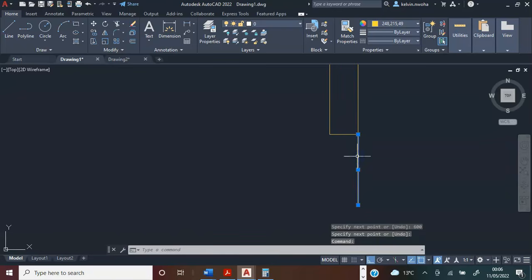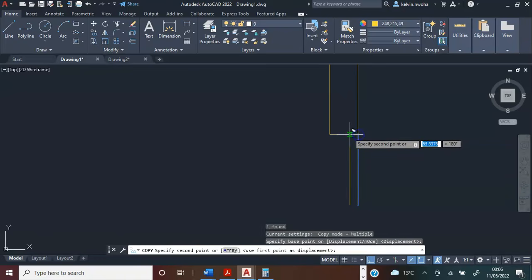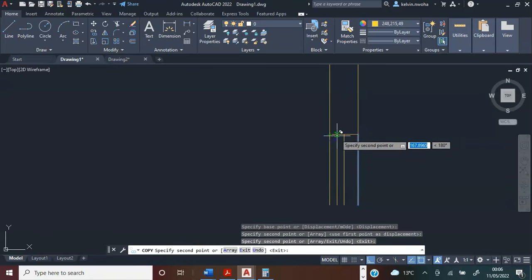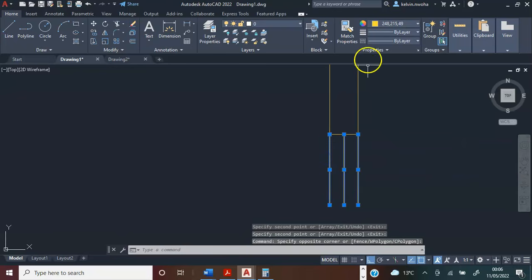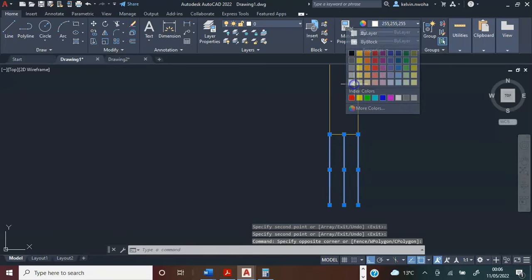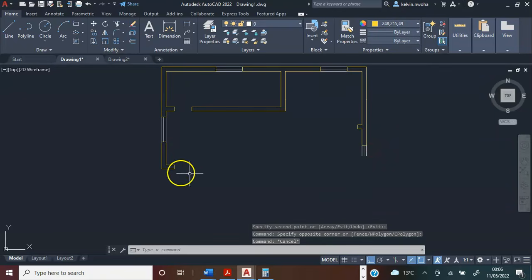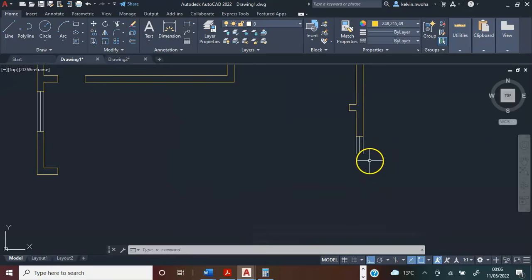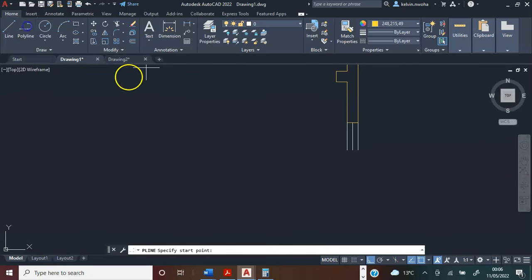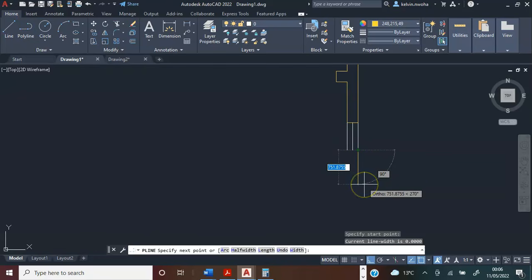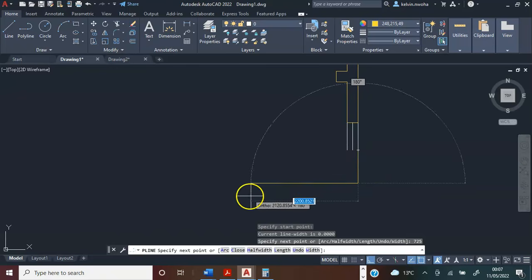Next, I will click on this. I will copy. I will click and enter. This is the position of the window. I can change the color. Next, I will continue with this part of the building. I will pick a polyline. I will click this point and come down 725. Enter. I will go towards this direction